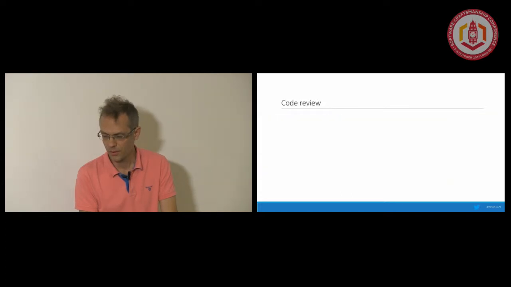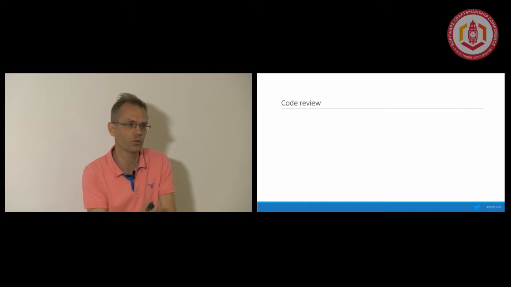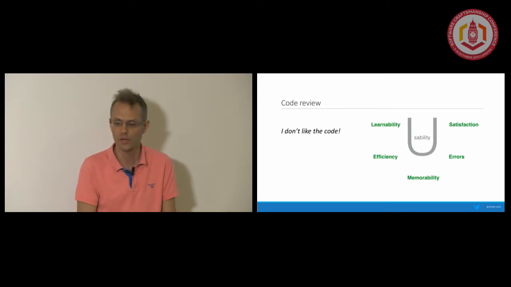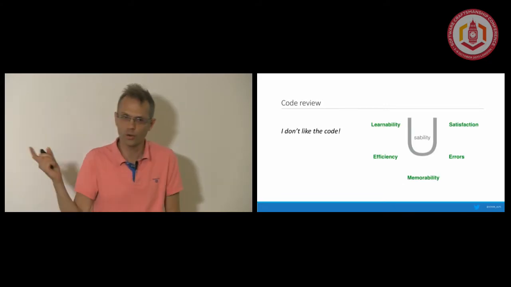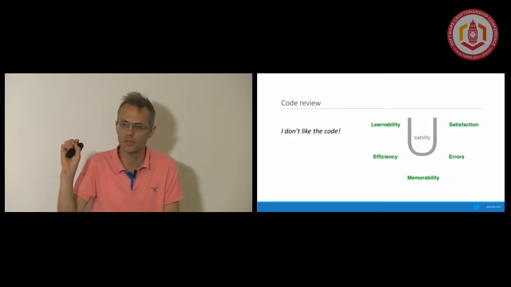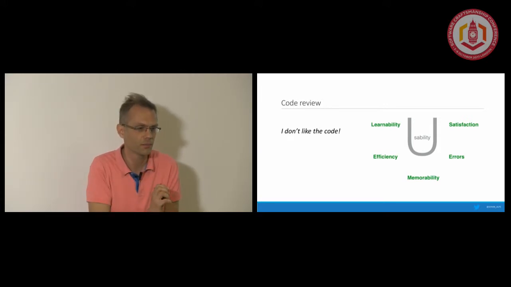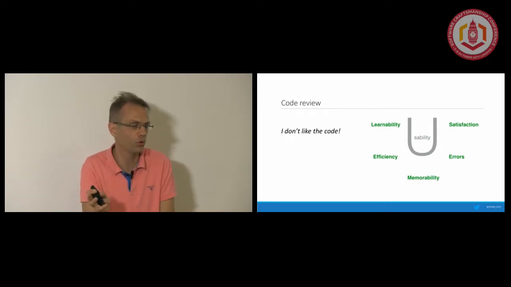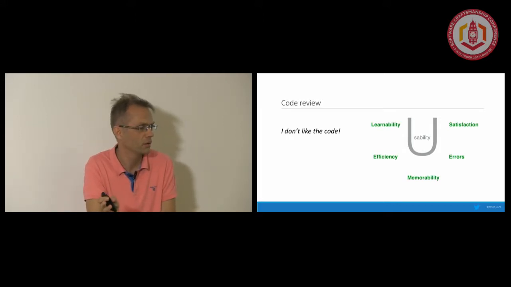All right, another thing we can do is code reviews. They can spot problems, but they can also be a problem in themselves because there's conflict, like I don't like this piece of code. So whenever I don't like a piece of code, one of the things I ask myself is, is there a usability issue that can be traced to what I don't like? Maybe I see that it is error prone. A developer can use it in the wrong way.